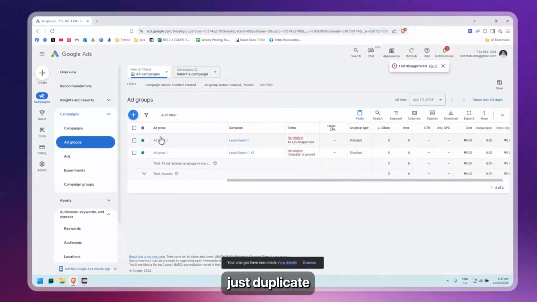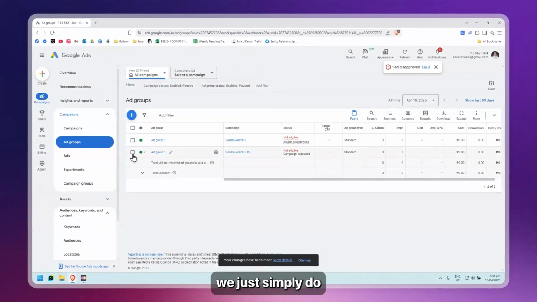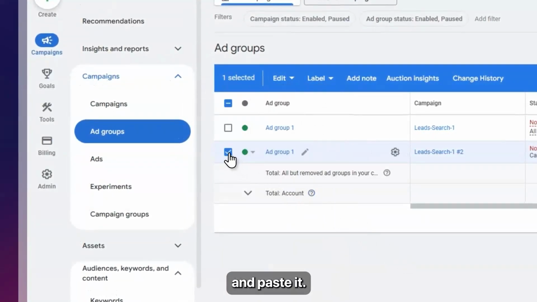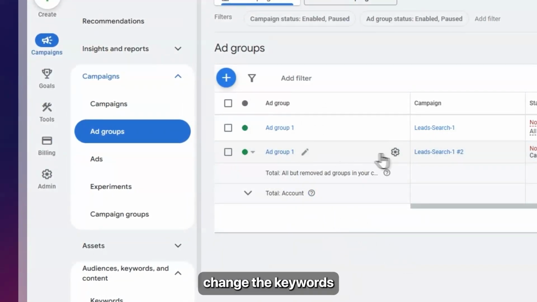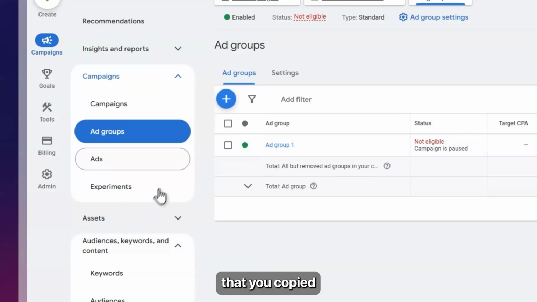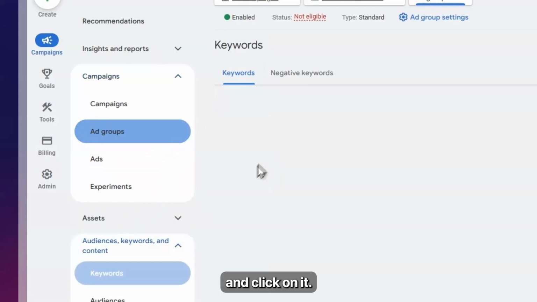but if you want to just duplicate the ad group right here, you just simply do the same thing, click on it, edit, and copy and paste it. And after that, you could now change the keywords for this particular ad group. So let's say you want to change a keyword of this one that you copied, and click on it,